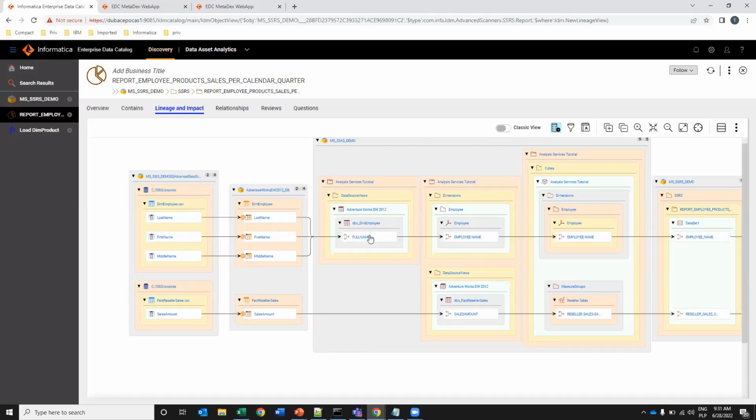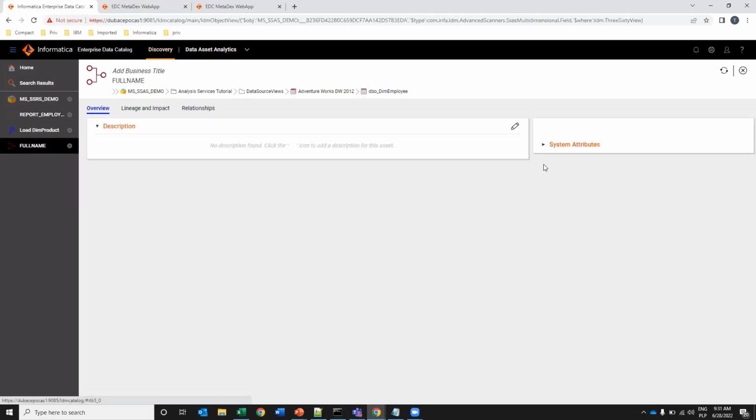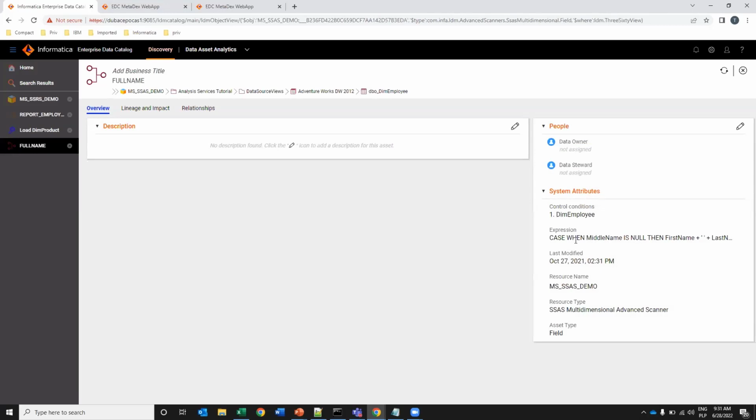because here what I can see is that this full name has been somehow calculated on the analytical services layer out of those 3 columns, right? Out of the last name, first name, and the middle name. So let's see what logic has been applied in my source technology to be able to deliver that value. I can click on my column, I can go to the overview and system attributes,